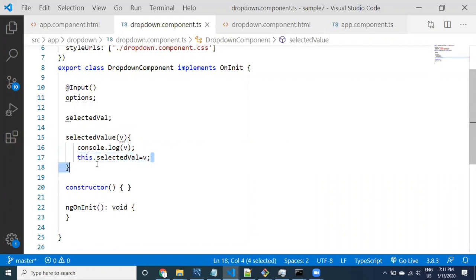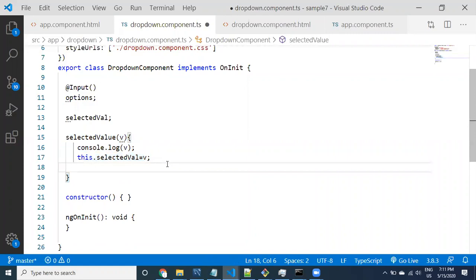Of course, you are assigning this value to the same component, that's fine. One more thing I want to do, I want to send the data to the parent. The parent is the app component, because this component is called from the app component. Right now the app component is the parent component for this drop down component.